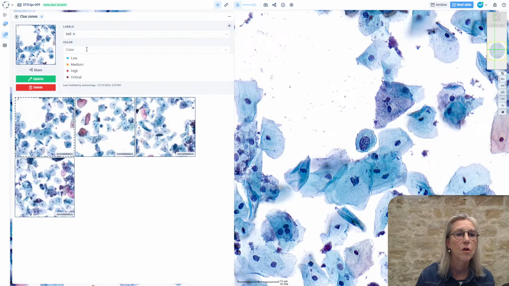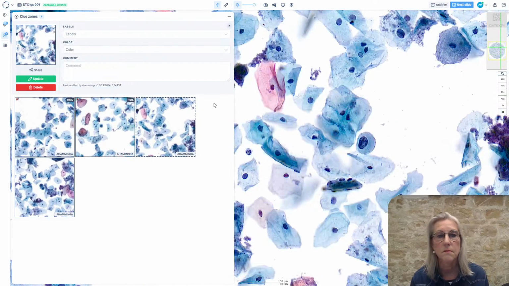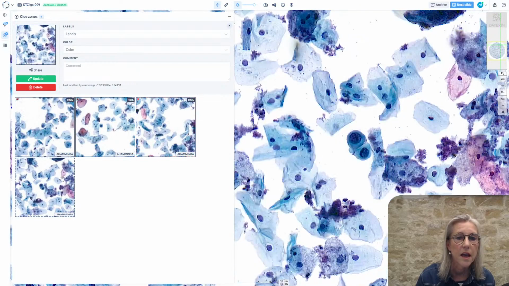The color, it's critical, and I don't need a comment on this, and I will update. Then I go to the next one, also the same, color critical, and I give an update. And this one, the same, I update. And this one, for sure, also very nice cells, color critical. And to finalize this case, I would say